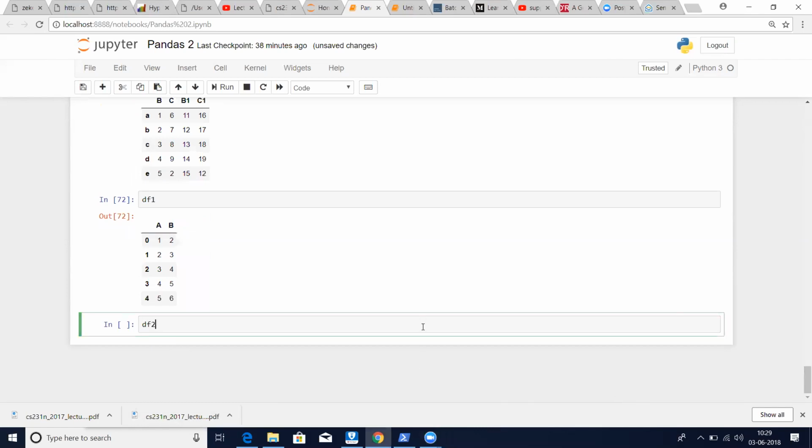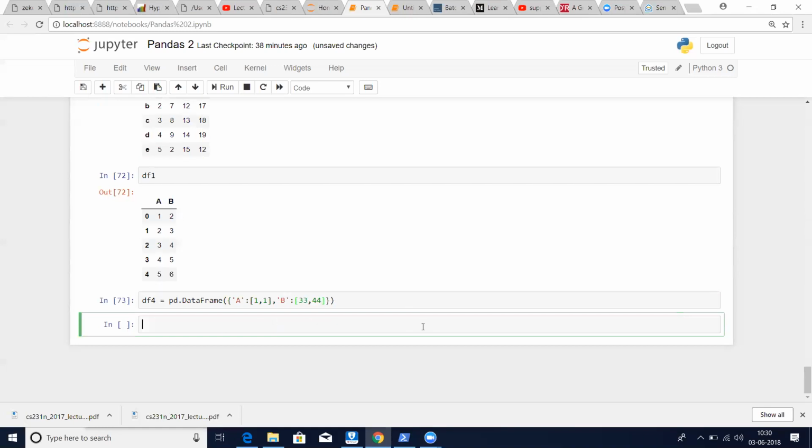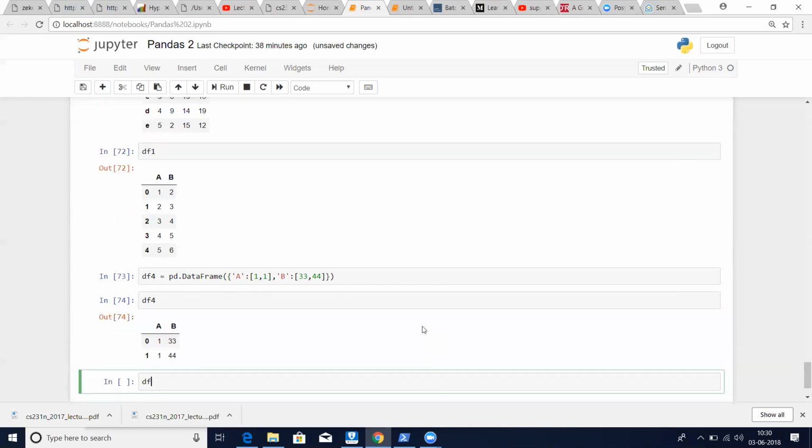Let me have a df3, df4, pd.DataFrame, with columns A and B, values one, two. So if I do df1 merge df4,